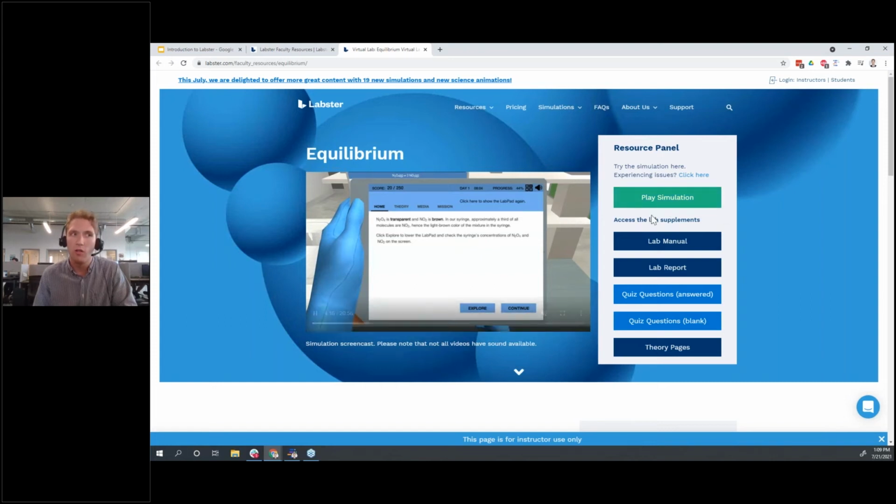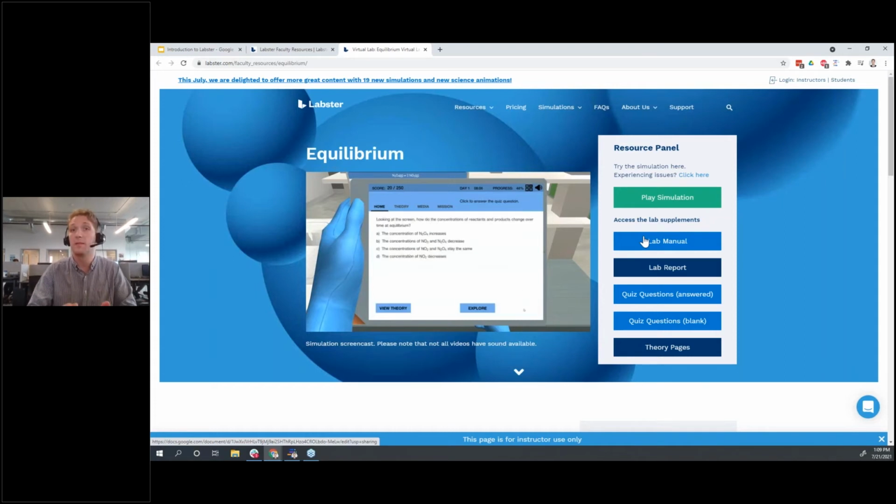And these are all lab supplements. Something I didn't discuss quite enough yet, I'll jump back onto that page, but we have a whole suite, a whole ecosystem of supplements here. Again, that just goes back to the idea I mentioned earlier that this is another tool in the instructor's tool belt. It's up to you to decide how to use this tool best. We're here to help